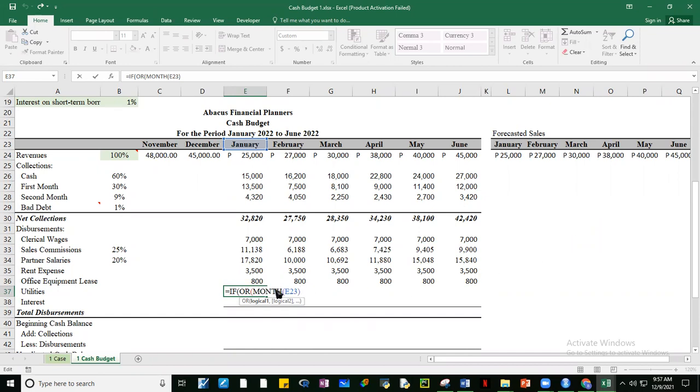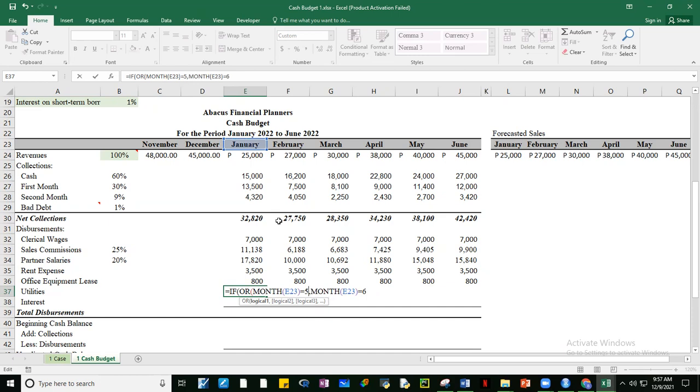So sabi natin, if or month E23 is what? Is equal to either 4 or month E23 is equal to 6.5 pala to, no?